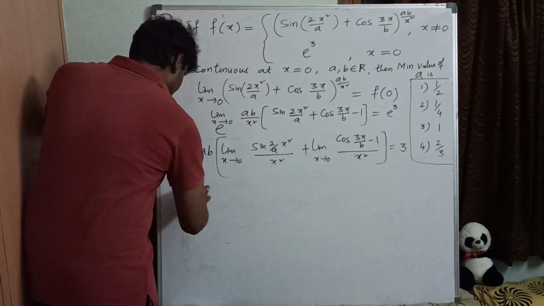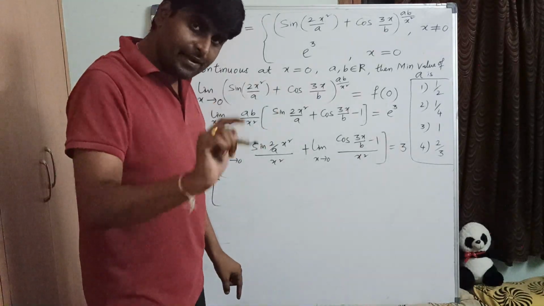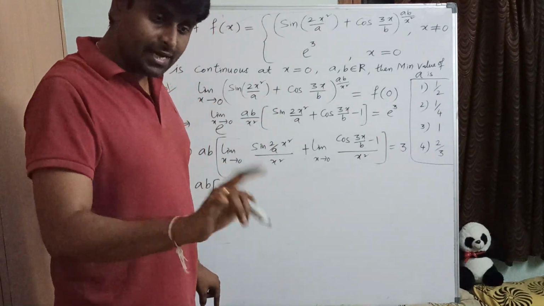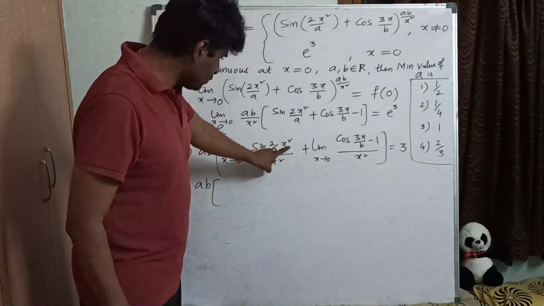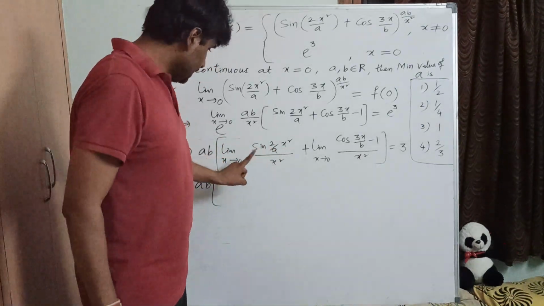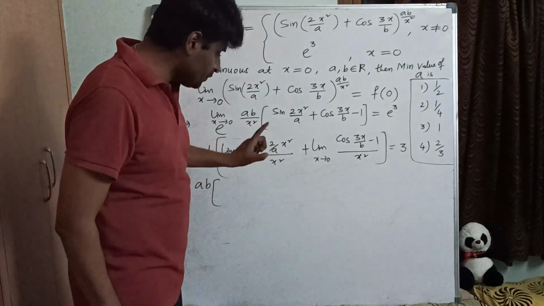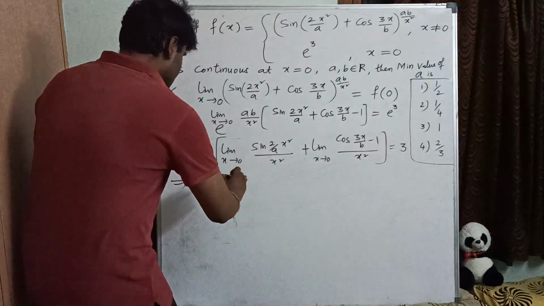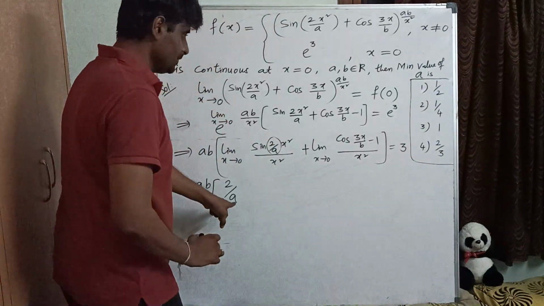See here, make it fast. Here, generally sin x by x is 1, correct? Sin 2x by x is 2, right? Here sin x square term, here also x square term, tends to 0, we can write. And what is the x square coefficient? 2 by a. That's it. So 2 by a will be the result, directly.